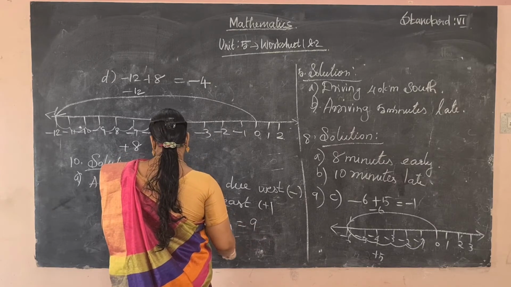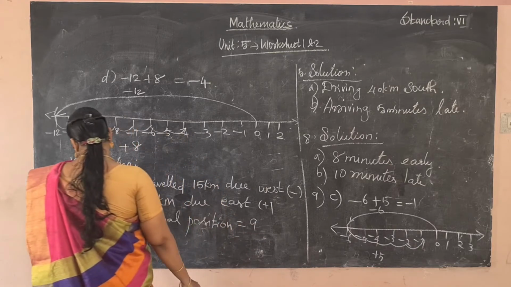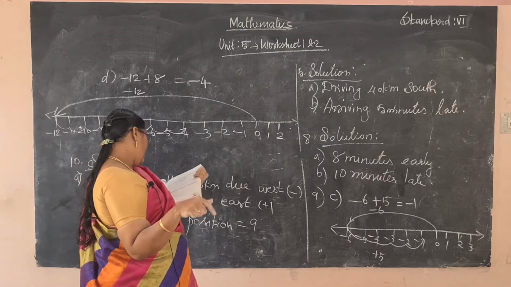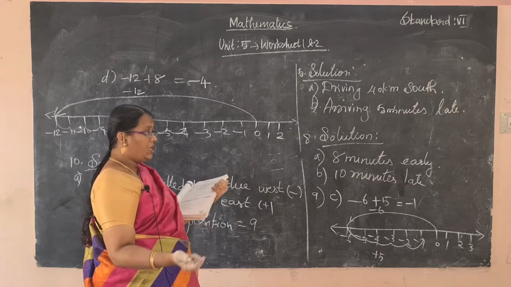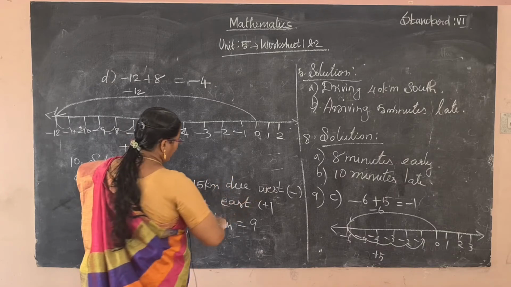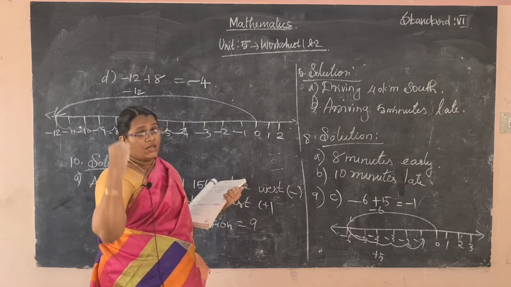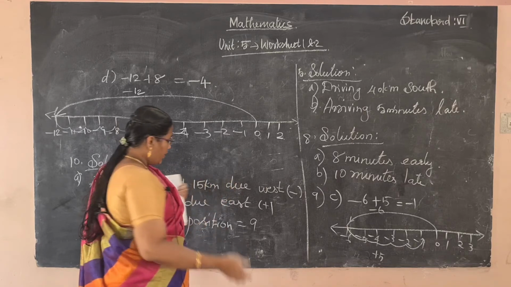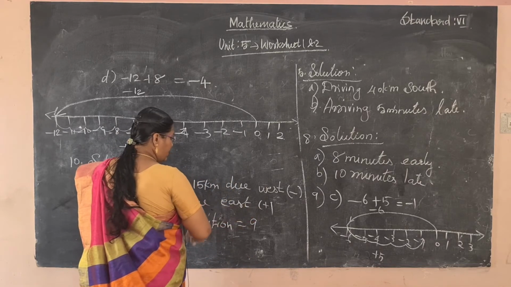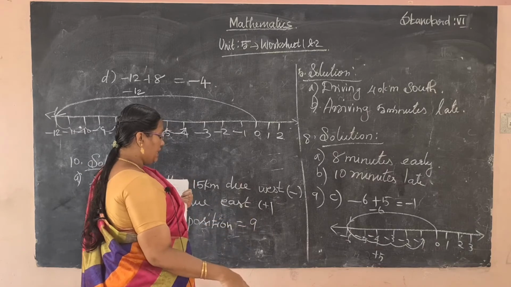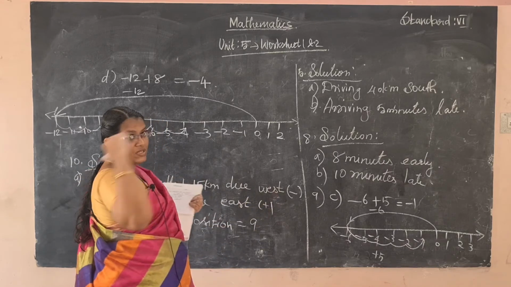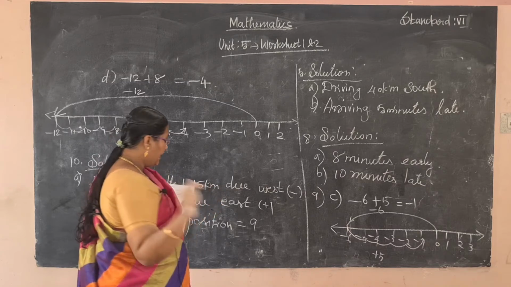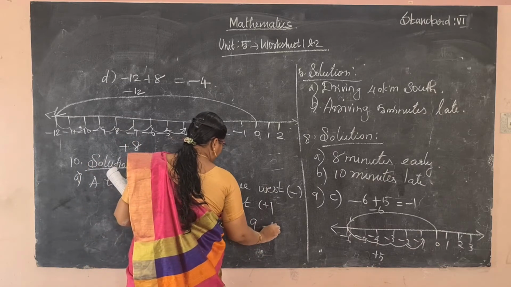Distance we have to find out, is it? So distance is not asked, only where is the train in relation to its original position? If distance is asked, you have to find out the difference. So they asked which place it started from. One value is positive, east means 9 km east. West means opposite direction, so negative sign. So minus 15.